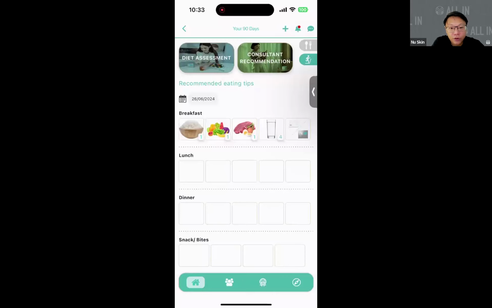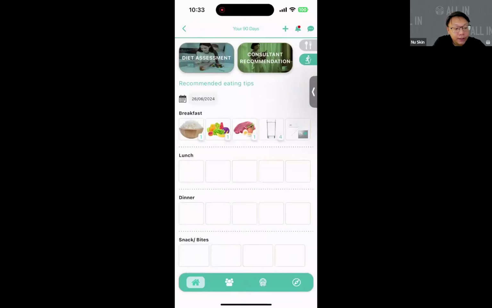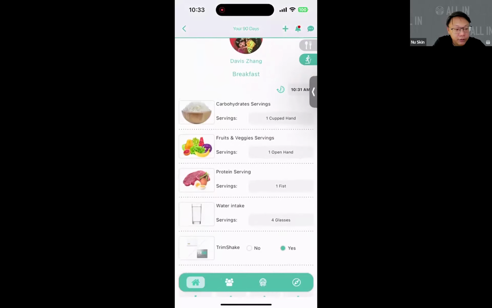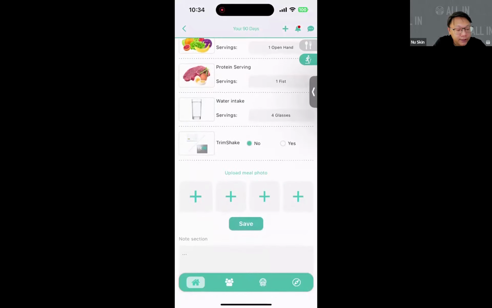That's why it says 4. So each icon represents the one that you did consume. Let me show you one. If I want to edit, just simply click on any of the icons. It will bring you back to the record. Say for example, I did not consume any trim shake. I select no again, and I save it.